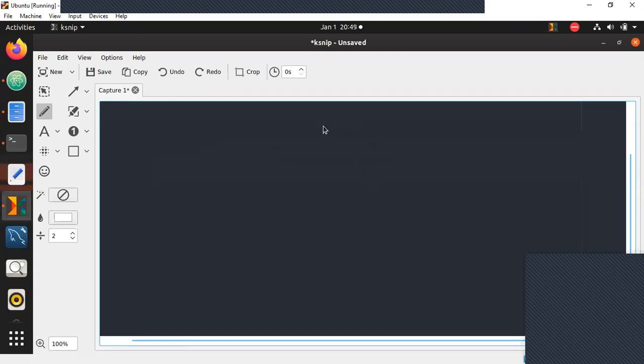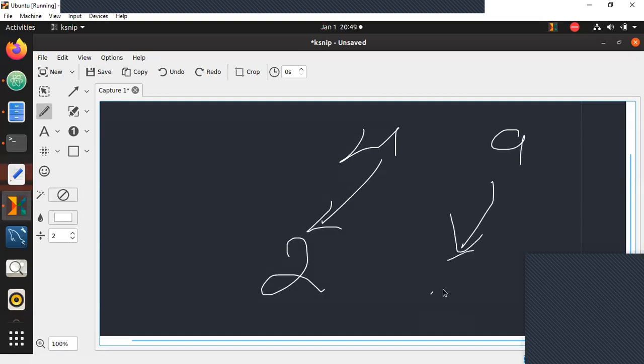How do we get to know a perfect square? A perfect square is a number whose square root is an integer. For example, 4's square root is 2, 9's square root is 3. 6's square root is something like 2.5 or 2.7. That's not a perfect square root, so that's not a perfect square. That's the basic idea.